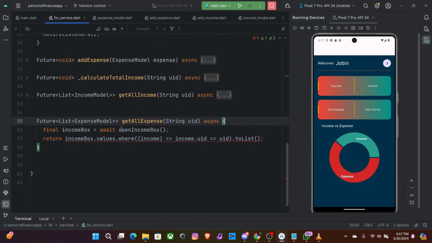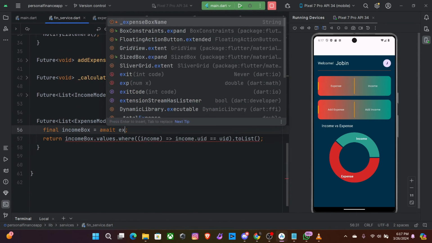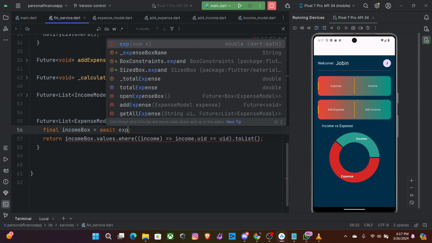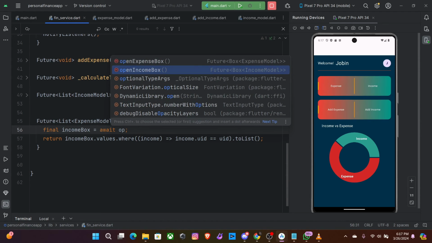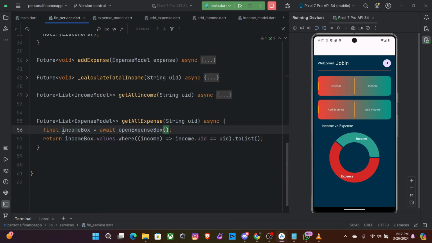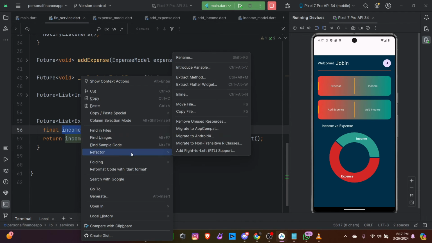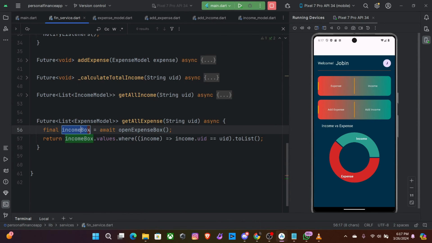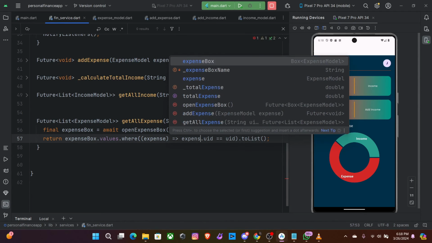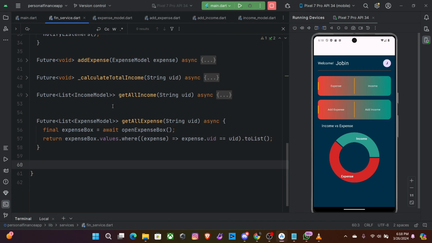And come here, you need to open another box, that is expense box. Open expense box, and the name of this thing is, let me reformat this, rename, and this is expense box. Okay, then where it's not income, this is actually expense. Okay, and now you can